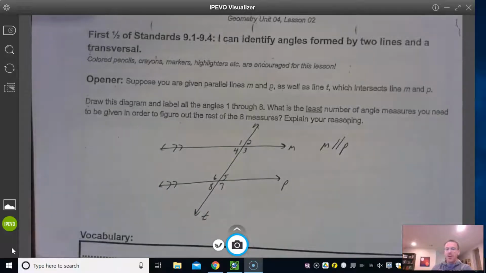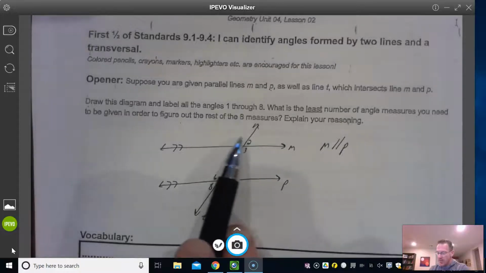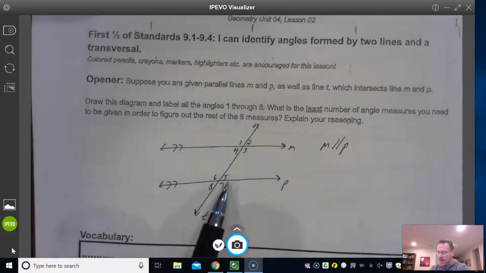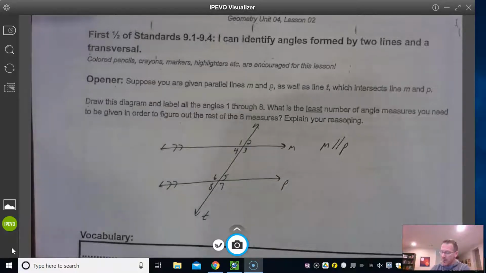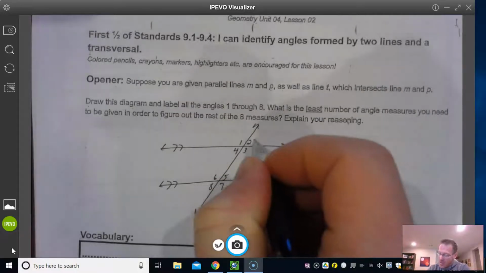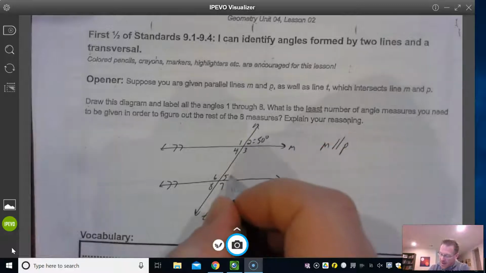And hopefully what you figured out is what is the least number of angle measures you need to be given in order to figure out all the other angles? And the answer is 2. I need a connection between this cluster of angles here on M and T and this cluster of angles with P and T. So for example, let's just say that I knew that angle 2 was 50 degrees and angle 5 was 50